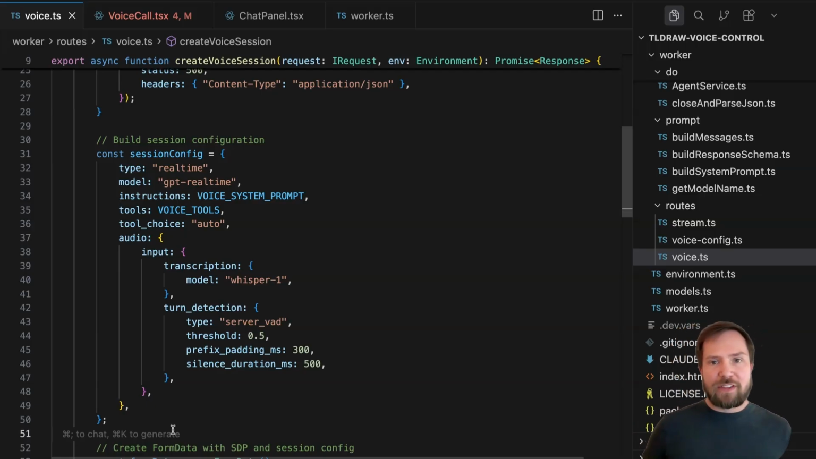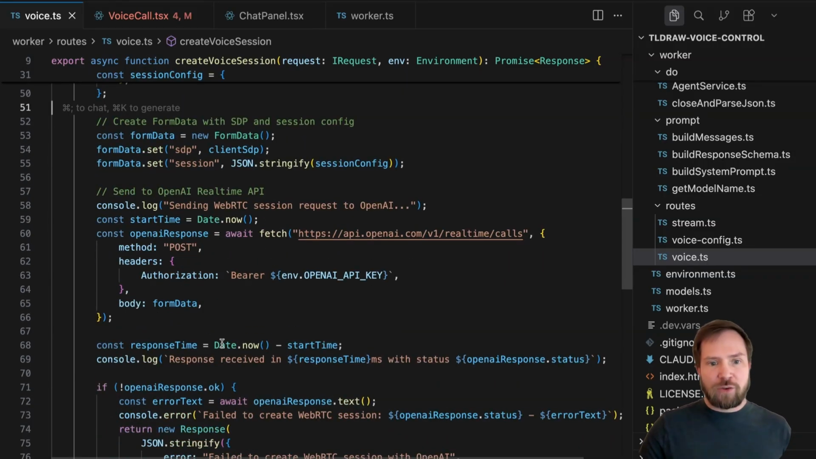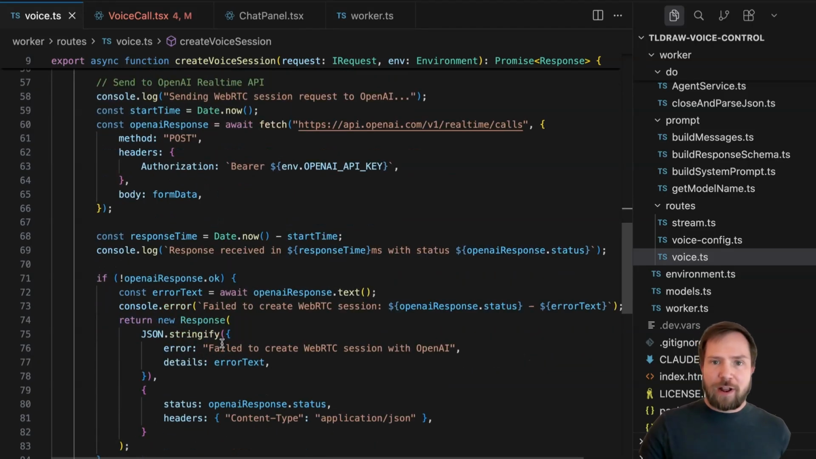And we also add in this additional model for how we're going to do transcription. This is important because when you're using real-time models, they go audio to audio. If you want the text of what either the user or the model said, you need this transcription model as well. We then execute this handshake with OpenAI, return that response to the front end, and we're off to the